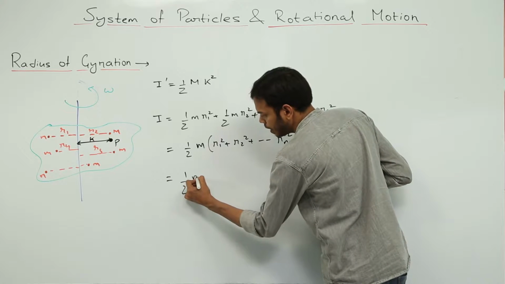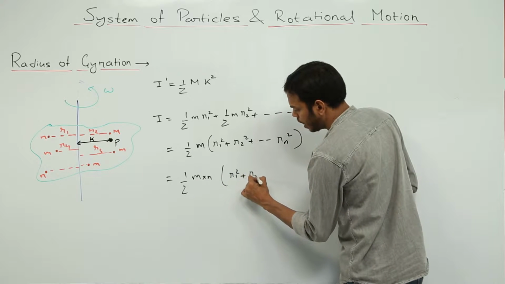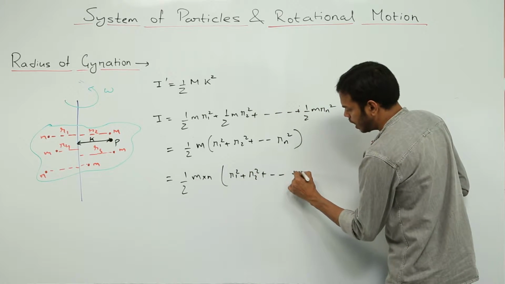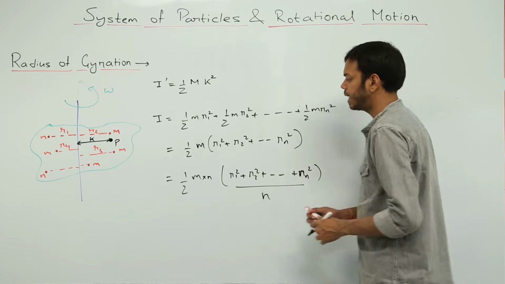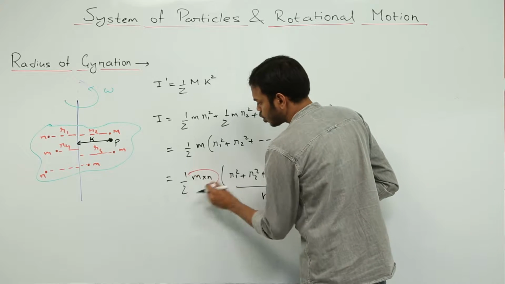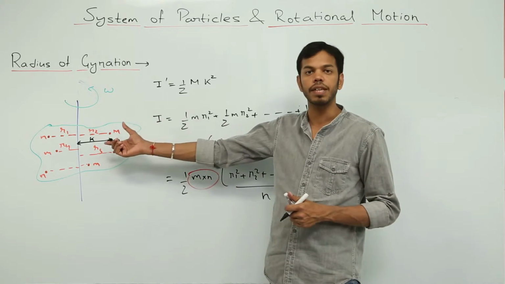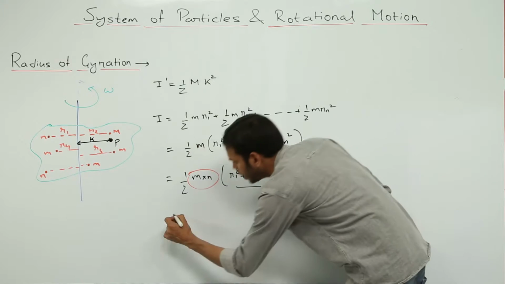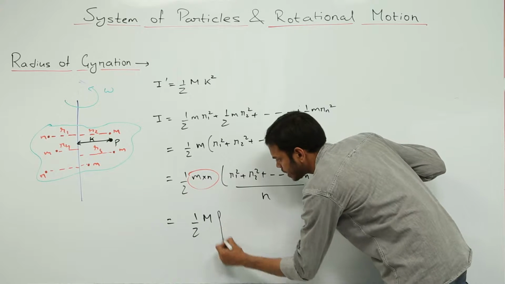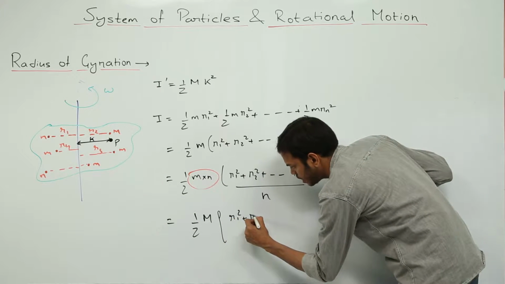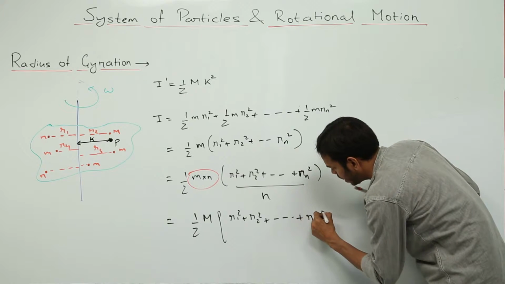So I'll have m into n, times r1 square plus r2 square plus ... rn square, divided by n, right? This thing solves the purpose. So n number of particles, each of mass m, is giving me the total mass of the system. So this is half M times this, which is r1 square plus r2 square plus ... rn square, whole